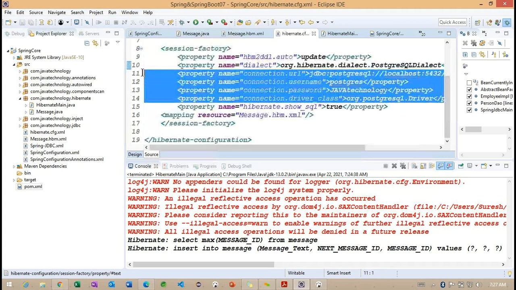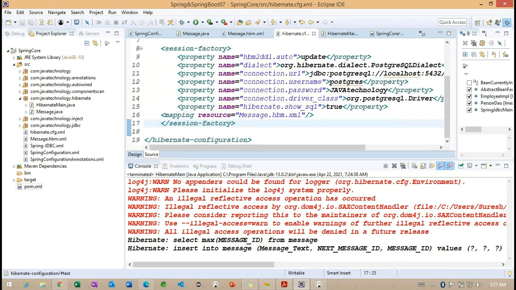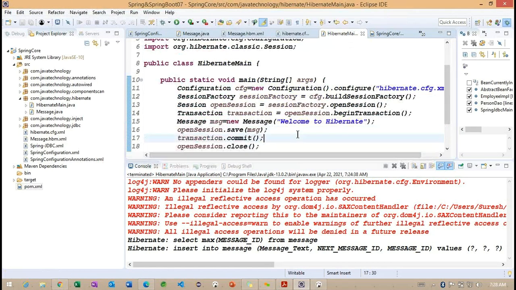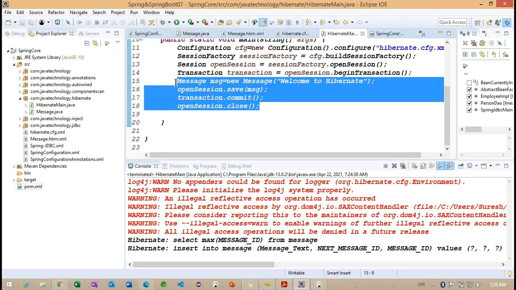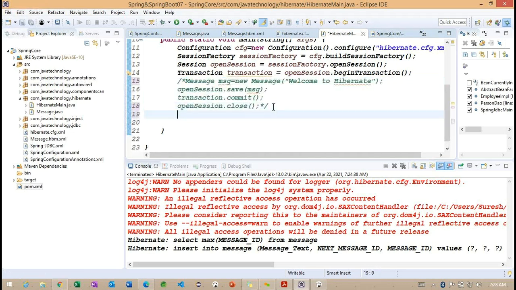And the remaining four properties we already identified, so we don't want to discuss them more. Getting the point? Now we need to check loading an object. How exactly can we load an object? To load an object, what do we need to do? Now you can see I want to provide this simple example. Let me comment out this particular code section, because we are not going to insert the record one more time here.